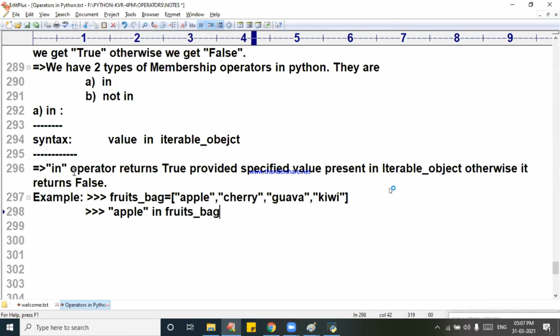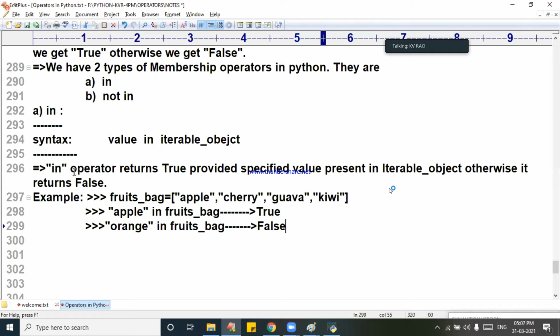Since it is there, it returns True, capital T. Next I am writing orange in fruits_bag. What is the result here? False.